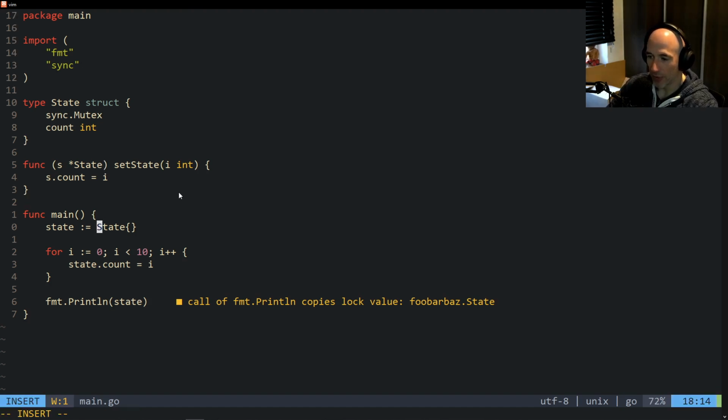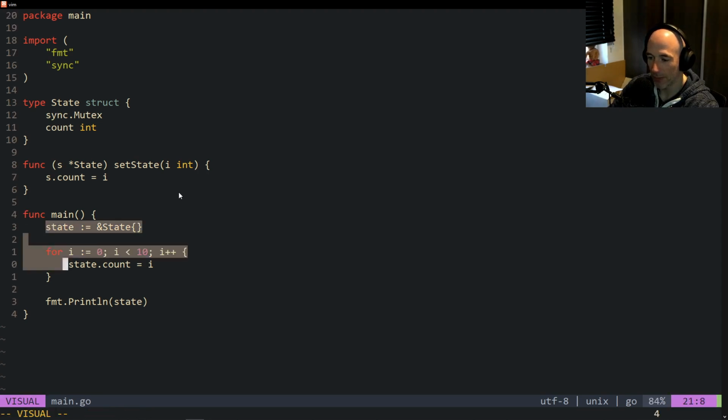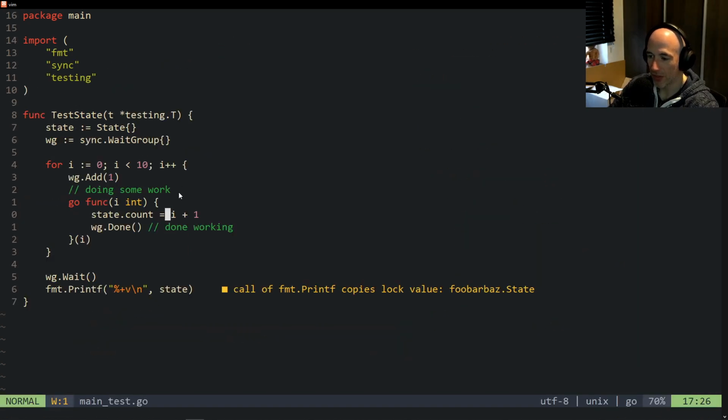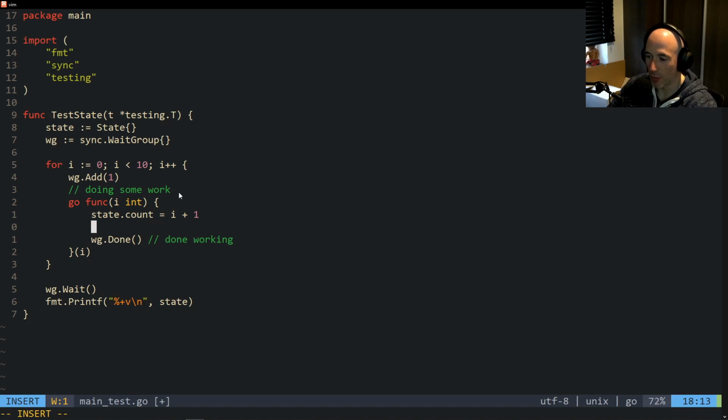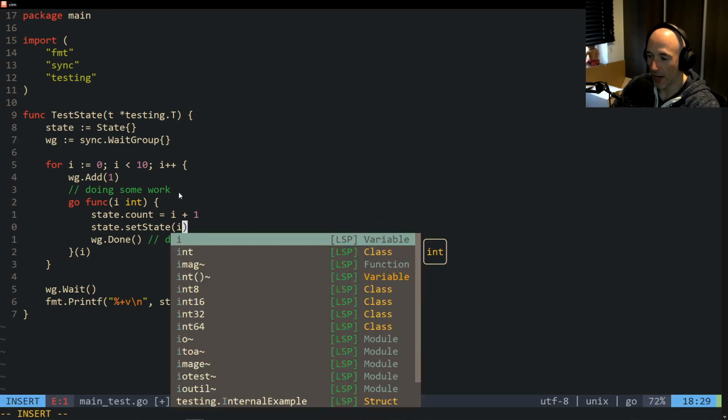The only thing we need to do here is make this state a pointer, just like that, and I'm adding pointers here and there just so you guys get familiar with them, right? And instead of saying state count equals 1, but we don't need this main function anymore, by the way, we're going to open up our test, and instead of state count equals y plus 1, we're going to say state set state I plus 1,